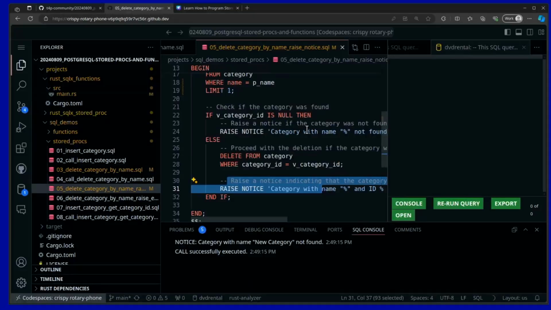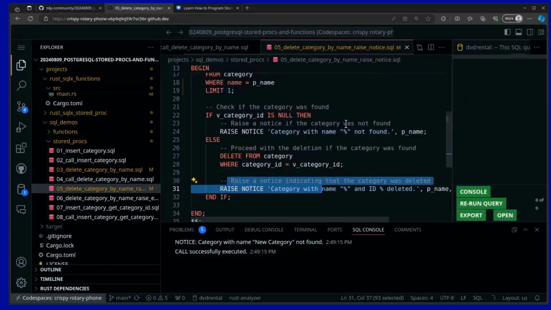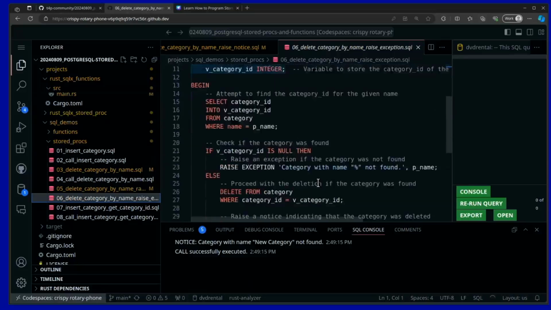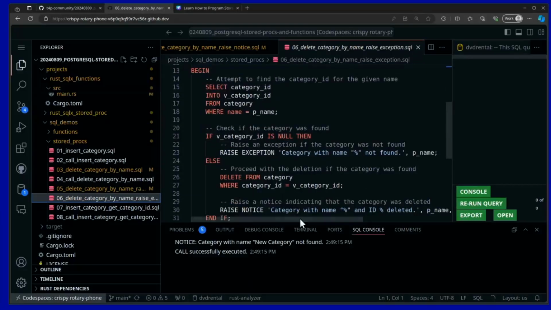But I sometimes take the approach of if I'm intending to delete something and it's not there for me to delete, there might be a larger problem. So this would be a way that I could communicate back to the caller, hey, this category was not found that you wanted to delete. Now you can kind of take this to the next level, and you can actually have it raise an actual exception. So for example, if I ran